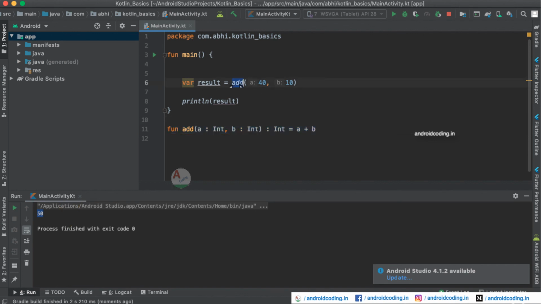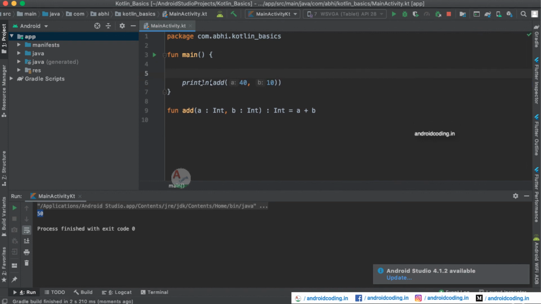We are calling the function by providing the parameters and we are trying to display the result here. And also you can just directly add this into our print block and it serves the purpose. The same result we can get by running this line of code also. So this is how we can simplify our functions into a single line.